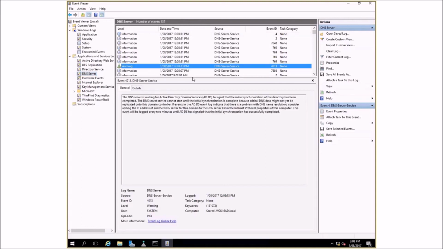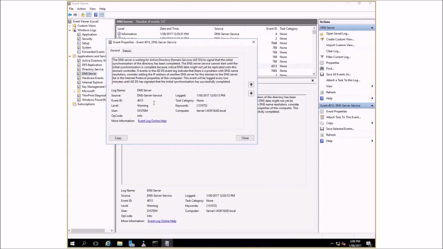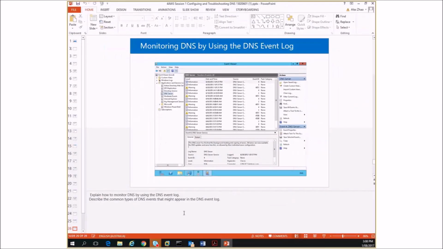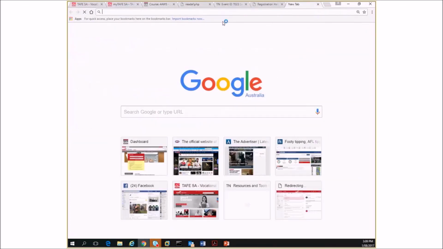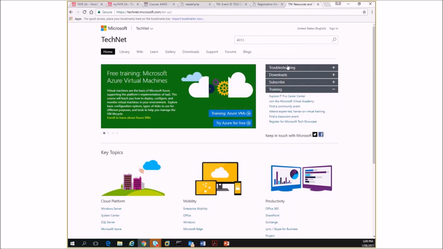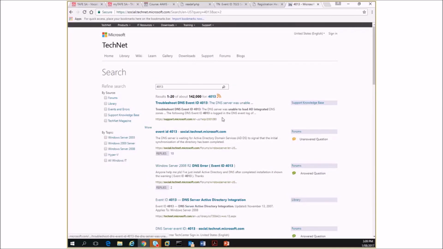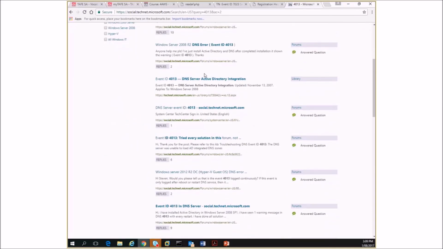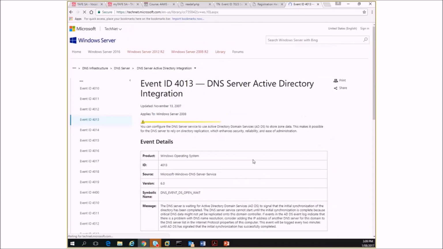And the great thing about these DNS logs is that you get what's called an event ID, 413, for example. If I've got 413 as the event ID, and I'm not sure what it's about, I can just open up my browser and go to technet.microsoft.com, for example. I can do a search for the event ID, and I could look at something that specifically fits my event, and see if it matches up,